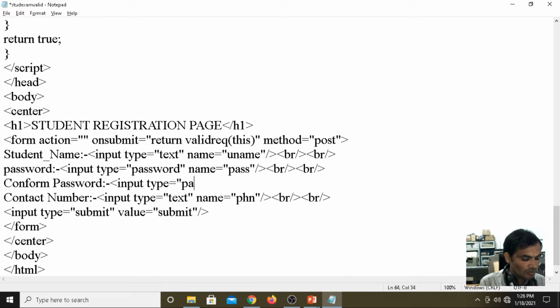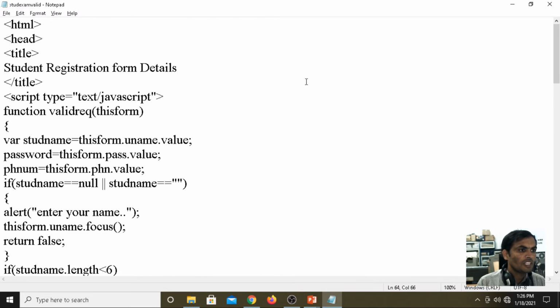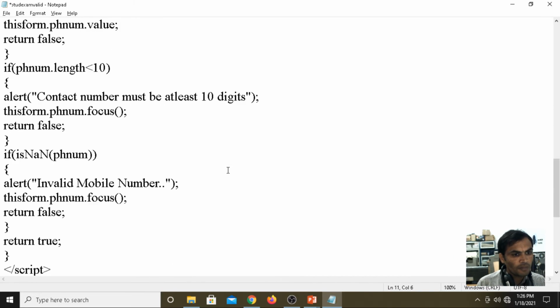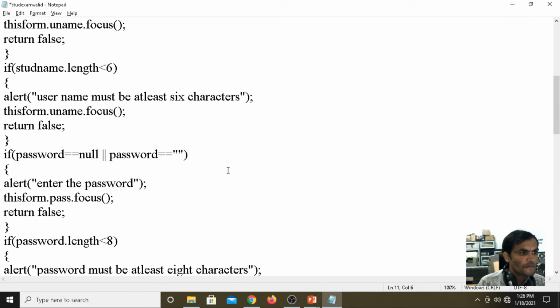Input type equals to password, name equals to pass1. Now we should define the variable here, password, the name I am taking as pass2.